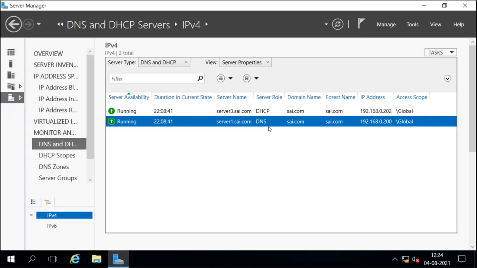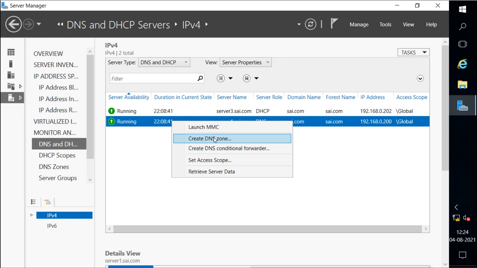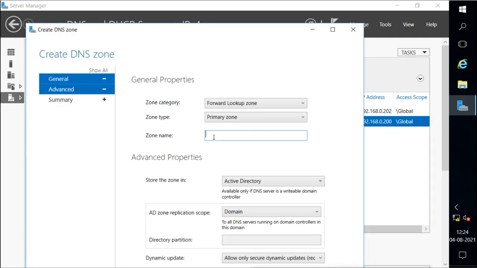Now we want to create the zone. So what we will do here, we will right click on it and select create DNS zone, and it opens this.